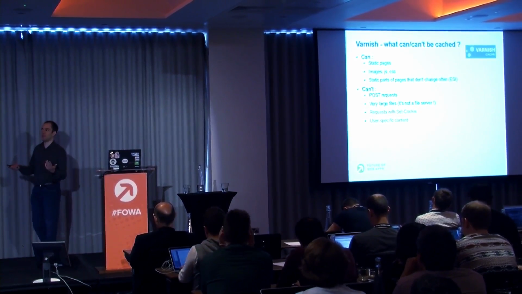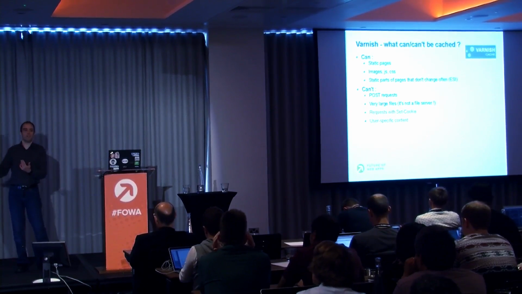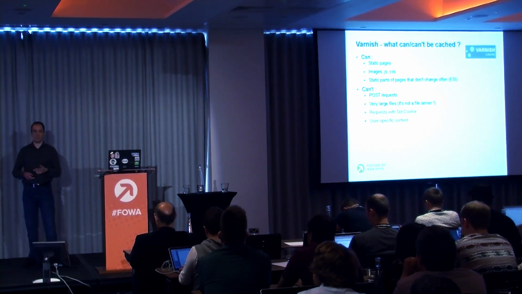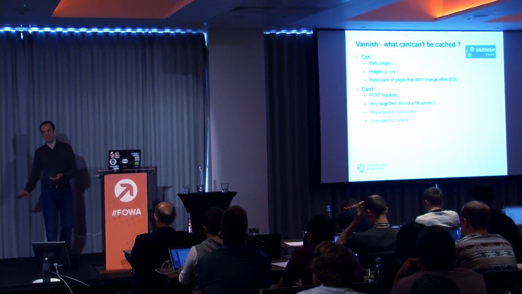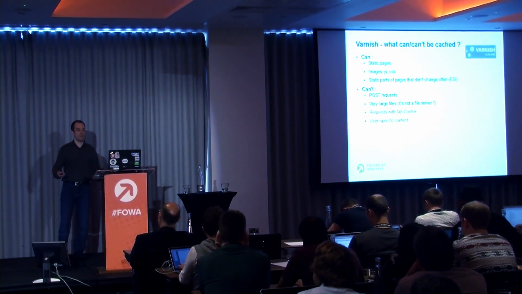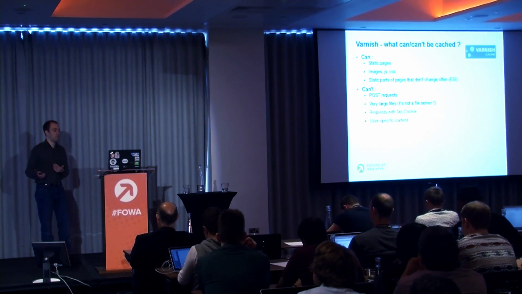It will see that cookie and say, okay, I'm probably going to have to serve this person a page containing his wish list or his name or maybe the number of messages he has, something like that, or maybe his friends list. But Varnish doesn't know about that. It only knows about pages that don't have a cookie, that are identical for everyone. So whenever it sees a cookie, it's going to send a request to the web server. Now, if you have a site where people log in, then Varnish is basically pointless except for images, because every single request is still going to hit your web server.